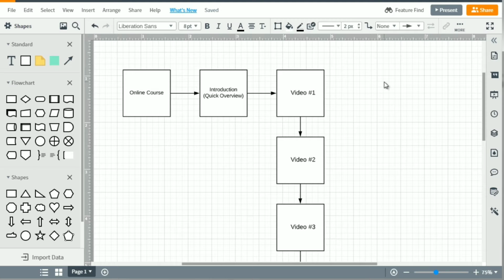So obviously, if you have your online course, you're very passionate about your course and you're very passionate about helping your students. So once you have that, you can figure out, okay, we're going to go through here. We got the online course, we got the introduction, the quick overview, and they have video number 1. And let's say video number 1,